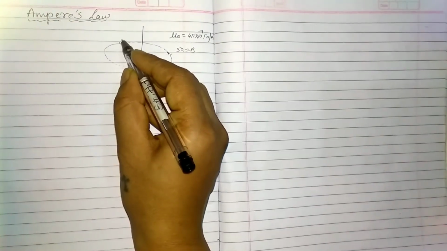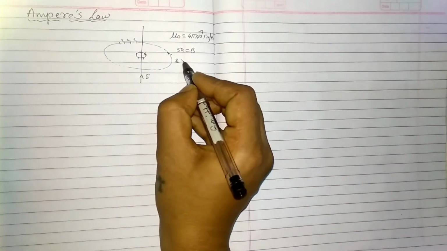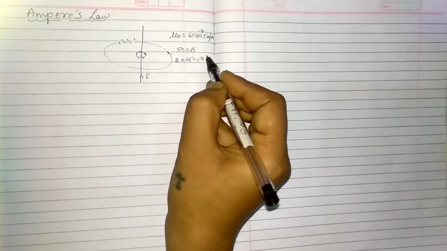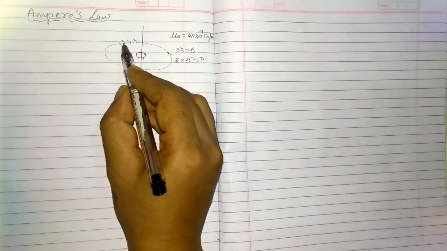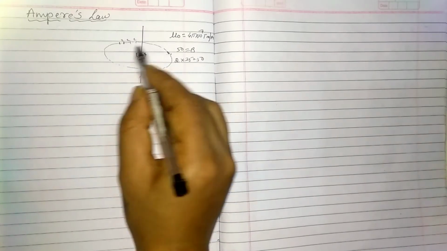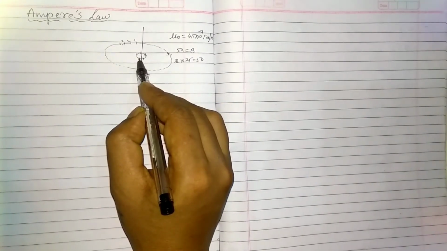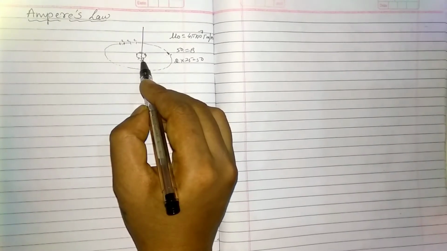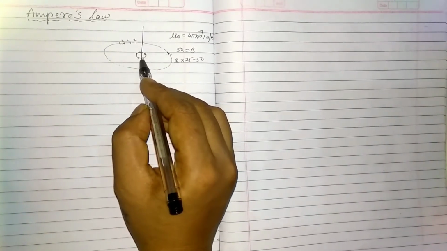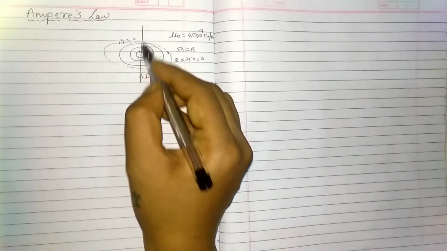This 50 is distributed along this loop. It will be in terms of 2, 2, 2 and goes on 25 times, then it makes 50. Means the magnetic field per unit length of this loop decreased compared to this loop. So can we conclude that the intensity, the strength of the magnetic field goes on decreasing however you move away from this conductor.